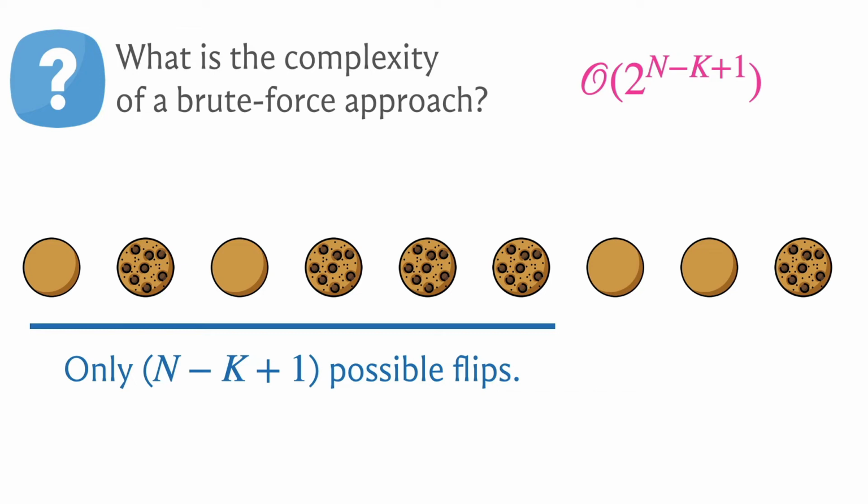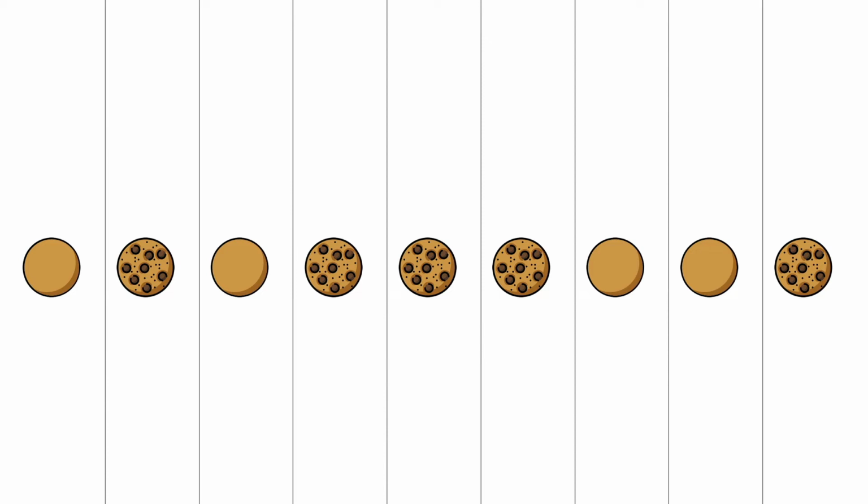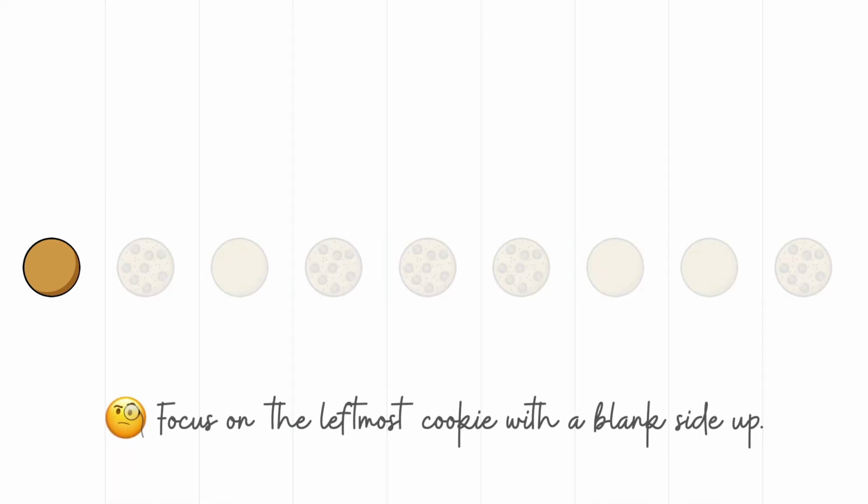And this is where the greedy ploy comes into play. So let's think about what is the absolute minimum work that we need to do at every stage. Starting from left to right, let's begin by focusing on the very first cookie that we encounter, which is facing the wrong way. So this right here is the leftmost cookie that has a blank side up, and notice that any valid solution will have to flip